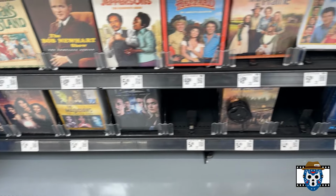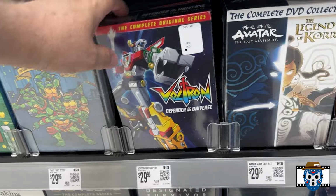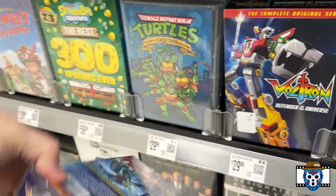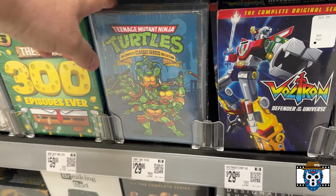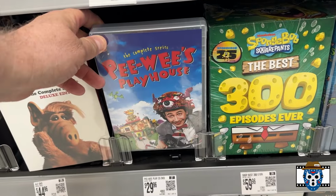I got quite a bit in the TV section here. Look at it, got Voltron, Defender of the Universe, 124 epic episodes, 30 bucks. They got the Turtles for 29, the best 300 episodes ever, SpongeBob for 60, Pee-wee's Playhouse, got the